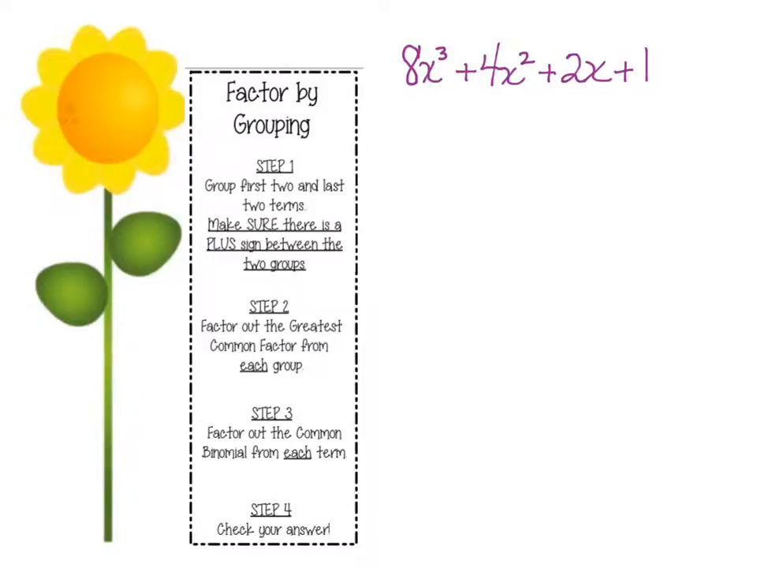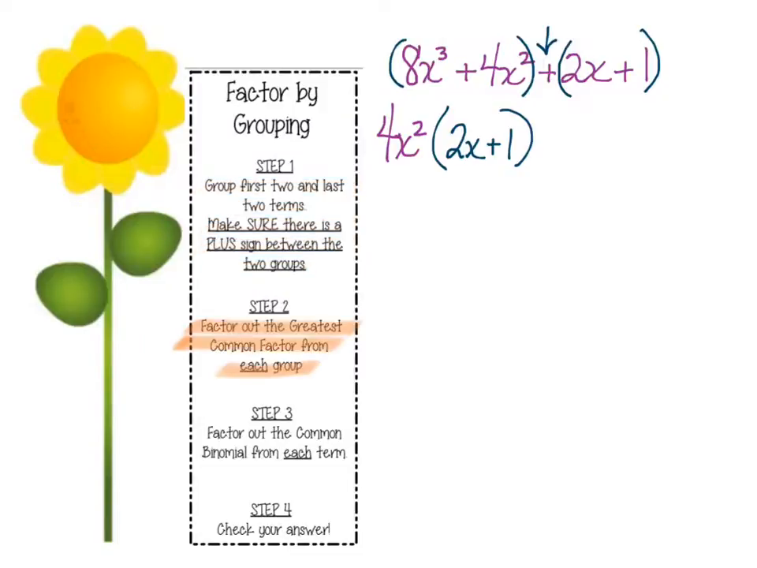Okay, one last question. And this one is unique in its own way as well. So again, following the steps, group the first two and the last two terms. Notice we have that plus in the middle, so we're good to go. Factor out the GCF in the first group. Now it's here